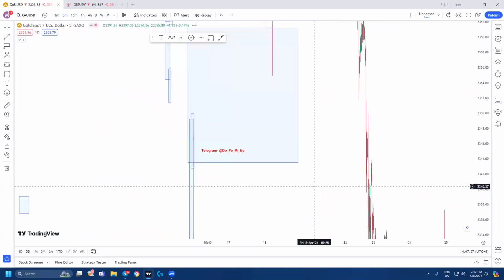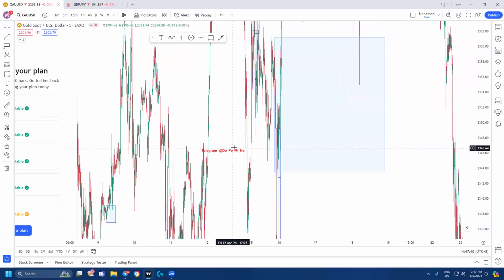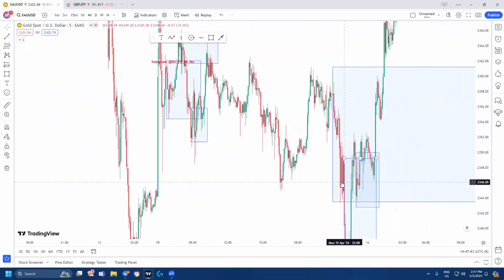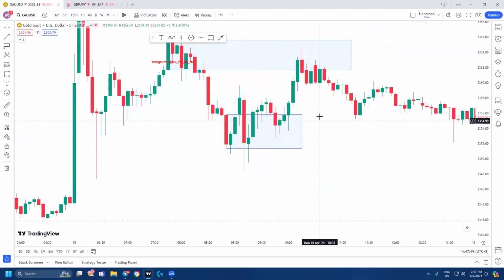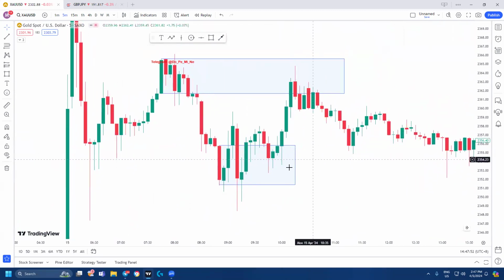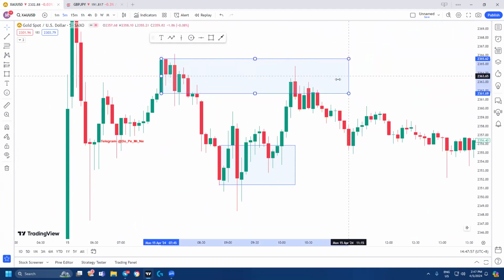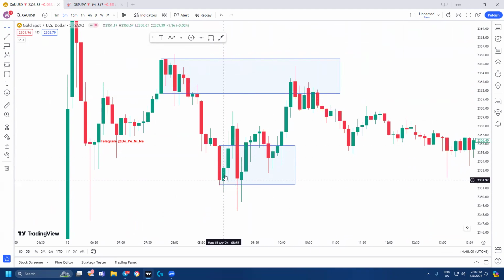Let's say on this level you want to make entries, because we need to take the retracement setup, a retracement to this sell zone. This one is the M5 new CMP, but the zone is quite big, 45 pips. So you go to M1, and when the price turns back, you need to look for the engulfing buy down here. If you have it, you can straight away enter a buy.